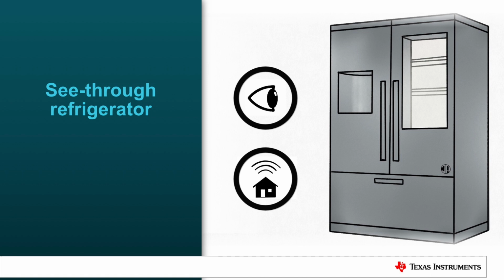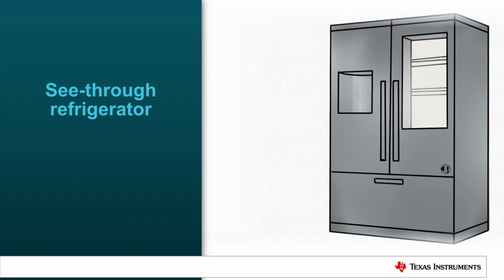So now let's see how DLP Pico technology can enhance this end equipment. Please keep in mind that the challenge today for manufacturers is that they want to have both. They want to have a see-through refrigerator, and also they want to have some sort of a smart hub as well. And the challenge here is that if you want the smart hub, then companies have been traditionally using LCD panels, or if they opt for the see-through refrigerator, then they forego the control panel. We feel that DLP Pico technology solves this problem.